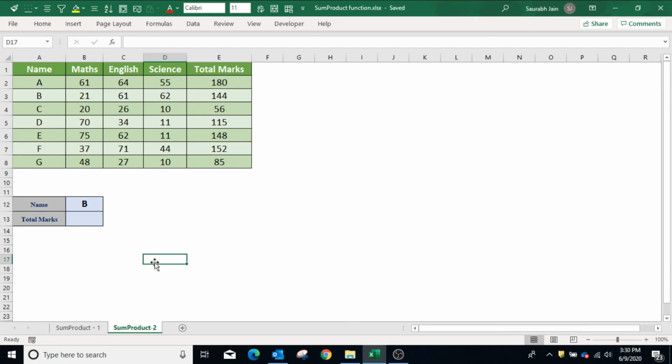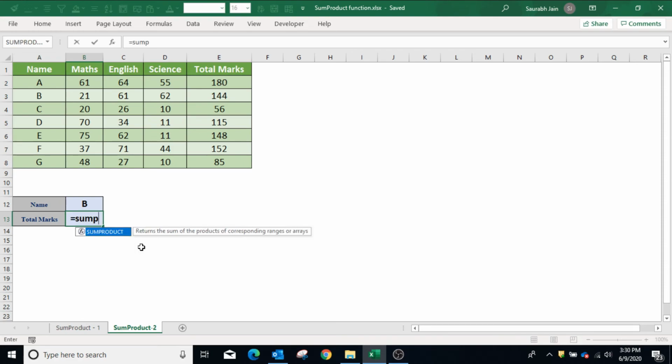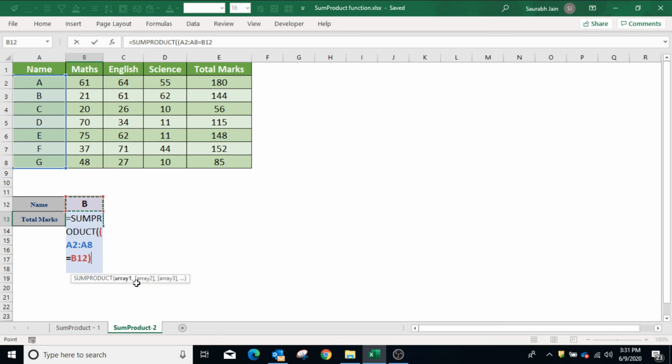Now in example data, student name and corresponding marks in different subjects is given. To show the total marks of a student, type equals to SUMPRODUCT, open bracket. Now to check the condition, open bracket, select A2 to A8 equals to B12 in which student name is given, closing bracket.